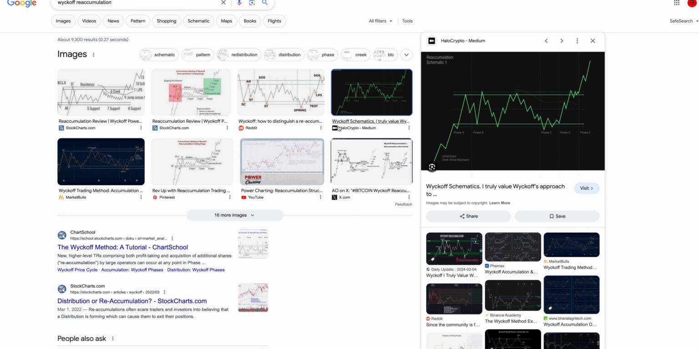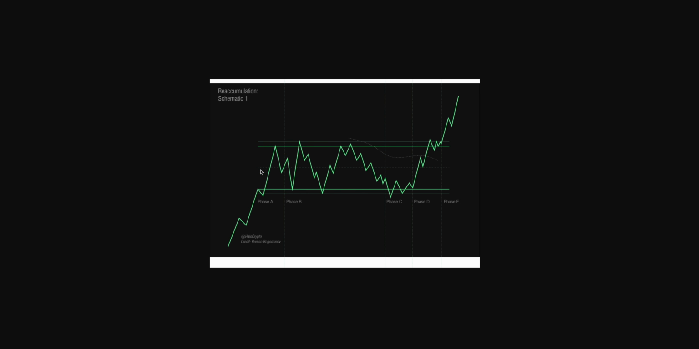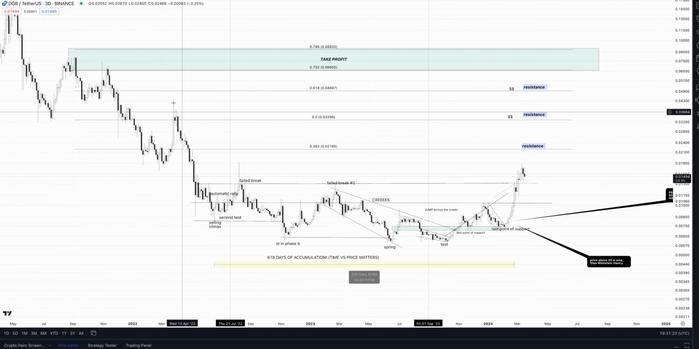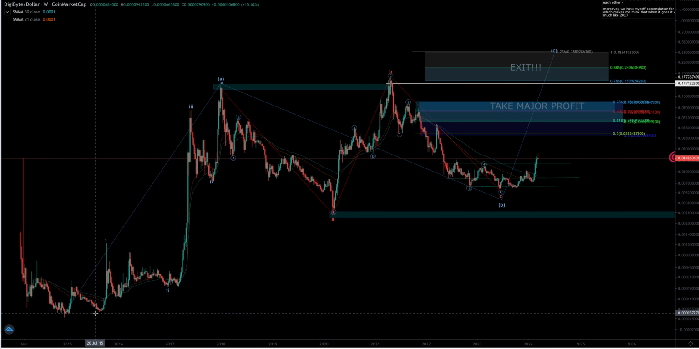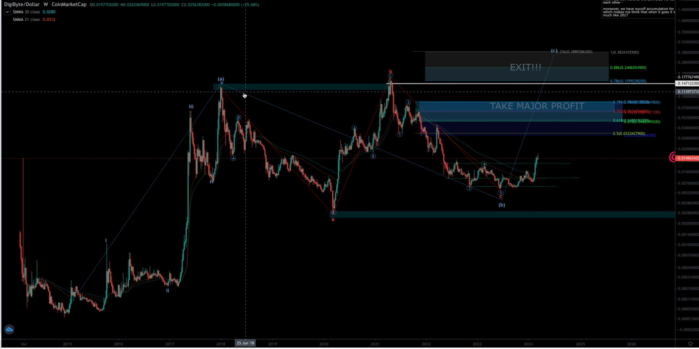The difference between Wyckoff accumulation and Wyckoff reaccumulation is that Wyckoff reaccumulation forms a mid-cycle and kind of forms accumulation at the highs rather than forming it at the lows. And we see that exact same thing here with DGB, right? We have our uptrend, and then we have our accumulation for over